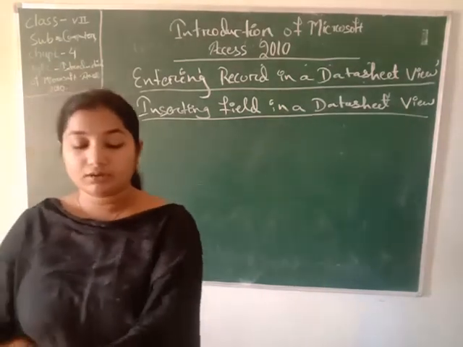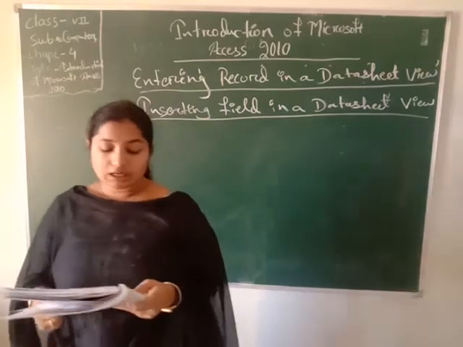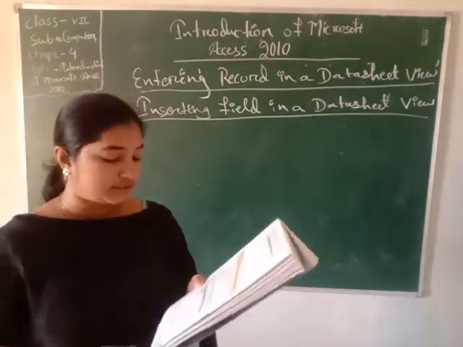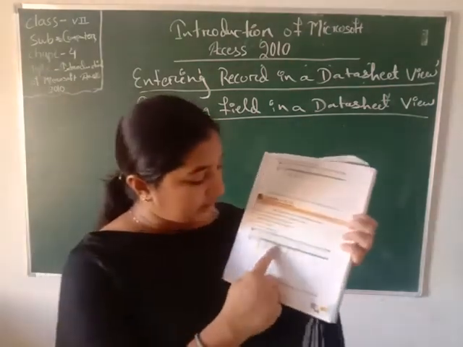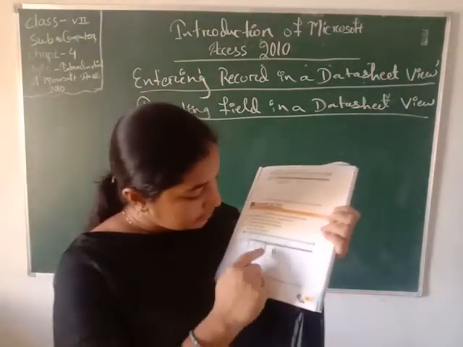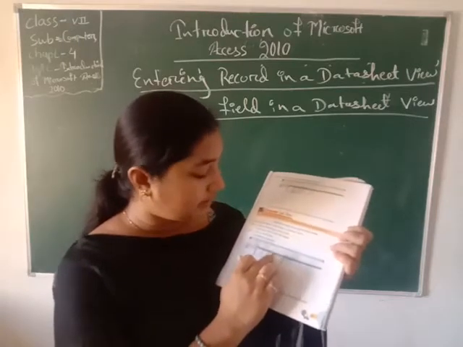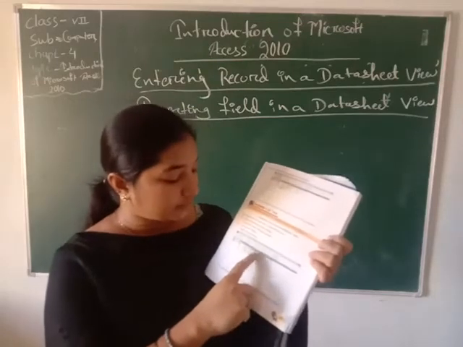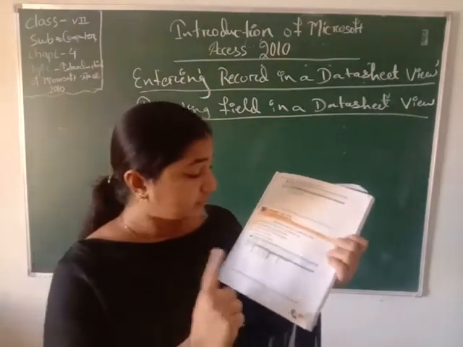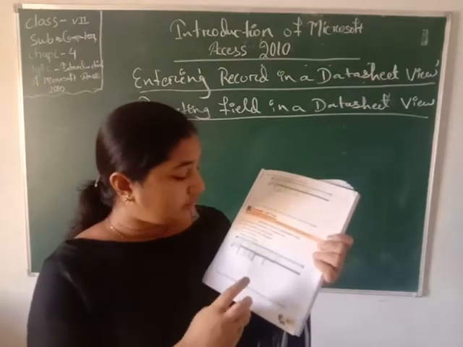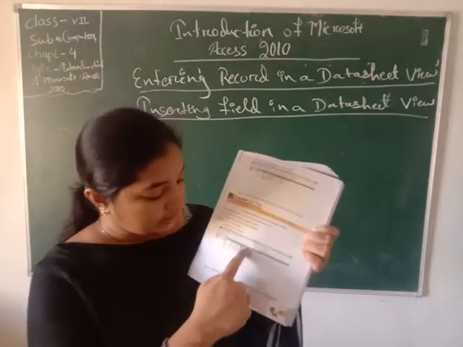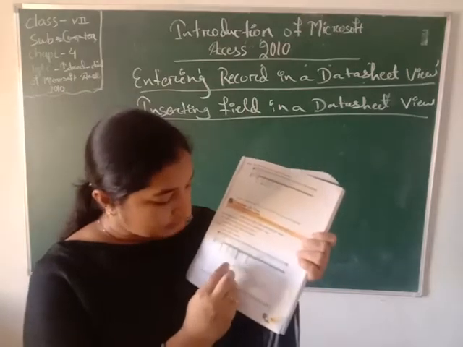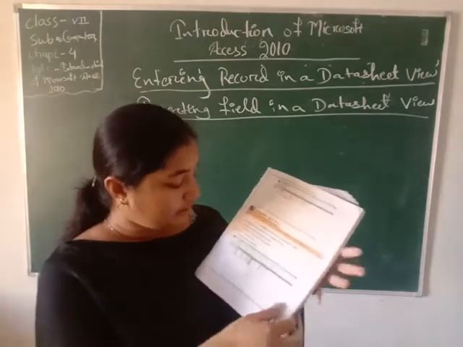For that, the first step we have to follow is click on the field you want to insert. Means in which field we want to insert. First we have to click on insert field. Like in this the department field is there, and in department field we have to insert something, and for that we have to click on insert in the department field. One drop down menu list will come like this. And next click on insert field. Here is the insert field. We have to click on this. The field will be inserted.